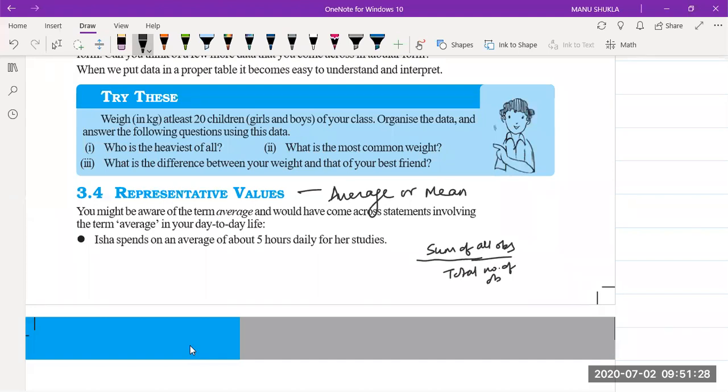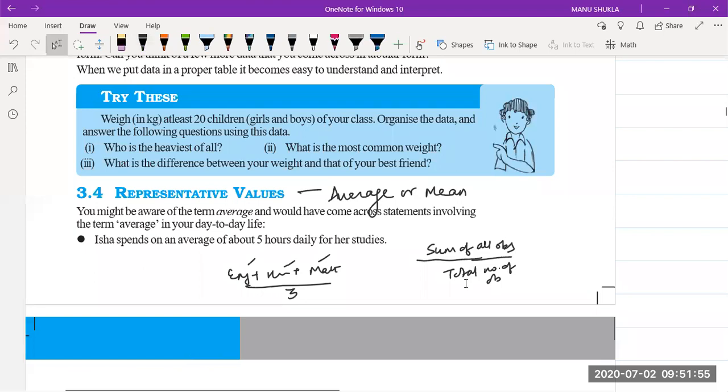This way only you find your percentage also. What you do, you add your marks in all subjects. Suppose you have added your marks in English, in Hindi, in maths, upon number of subjects, 1, 2, 3, you divide by 3. This is known as finding average or arithmetic mean. I hope all of you are able to understand why this. So please give an example of average.